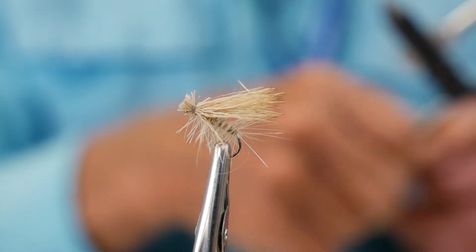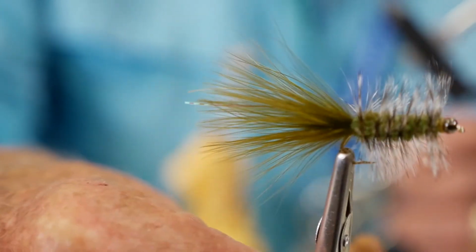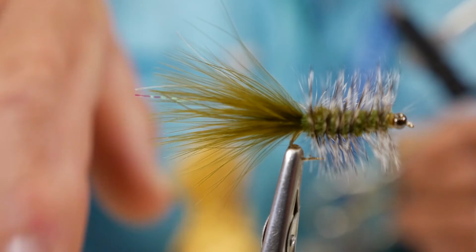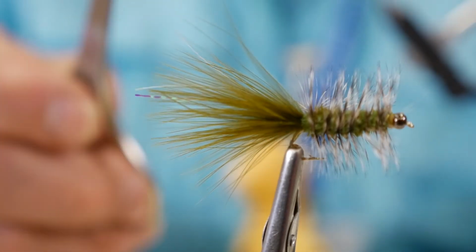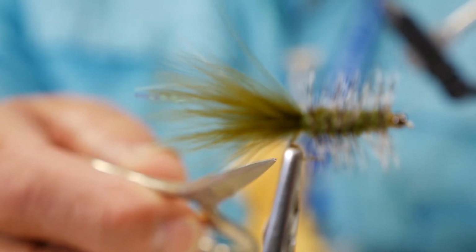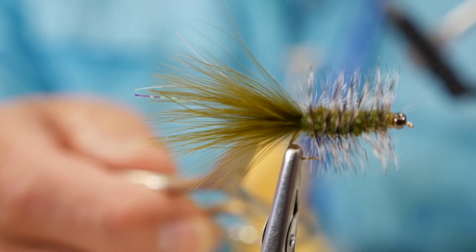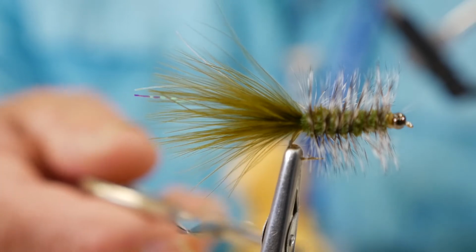The other fly that I'm going to tie is a wet fly, and I'll put it over here for you to see. This is called a woolly booger. Now the woolly booger is a wet fly, meaning that it goes underneath the surface of the water and is dragged through the water. It's probably the most popular fly that's ever been tied. It's a fairly easy tie, and you can tie it in many different ways. But what this fly consists of is